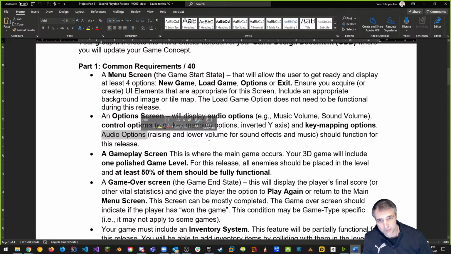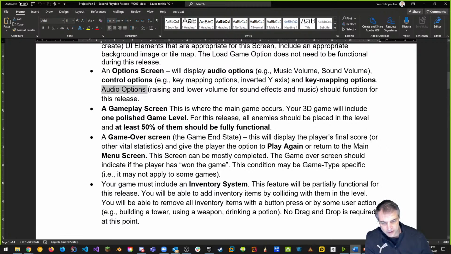Second playable. Your first playable is this Sunday, Flavio. I'm talking about second playable, which is due 2 weeks from Sunday. So a couple weeks out, week 6, we're talking about. So lots of time for that. Okay, so your gameplay screen, you're going to have at least 50% of your enemies should be fully functional. So if you have multiple enemy types, then